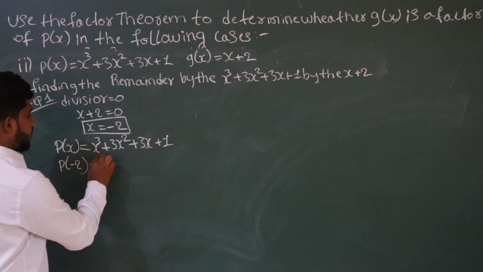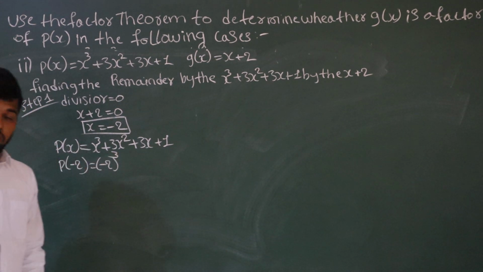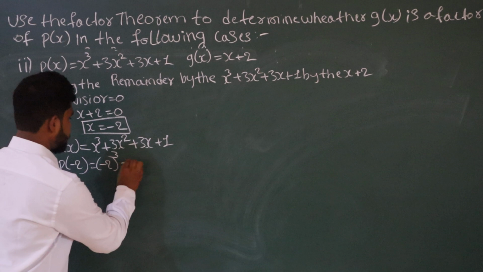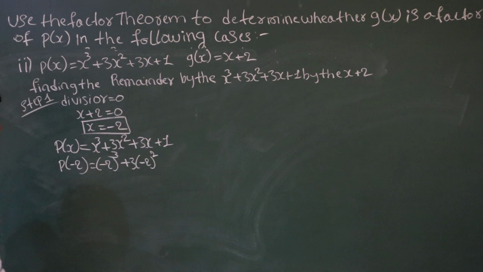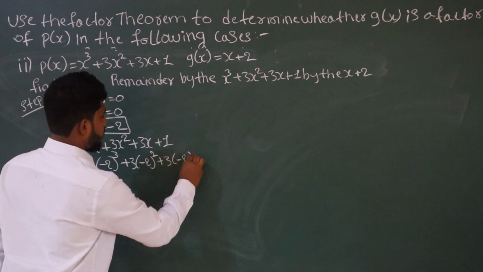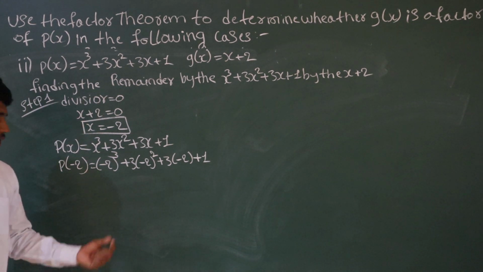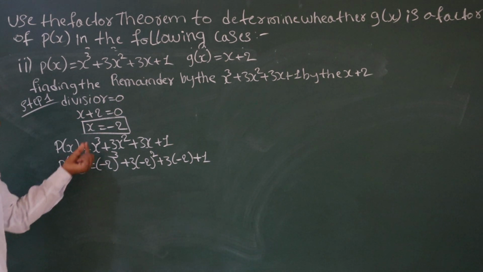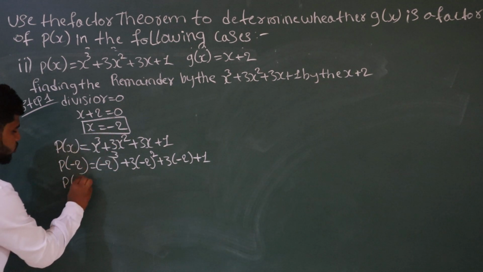So minus 2 whole to the power of 3, plus 3 bracket minus 2 whole to the power of 2, plus 3 bracket minus 2, and last is plus 1. Now p of minus 2 is equal to